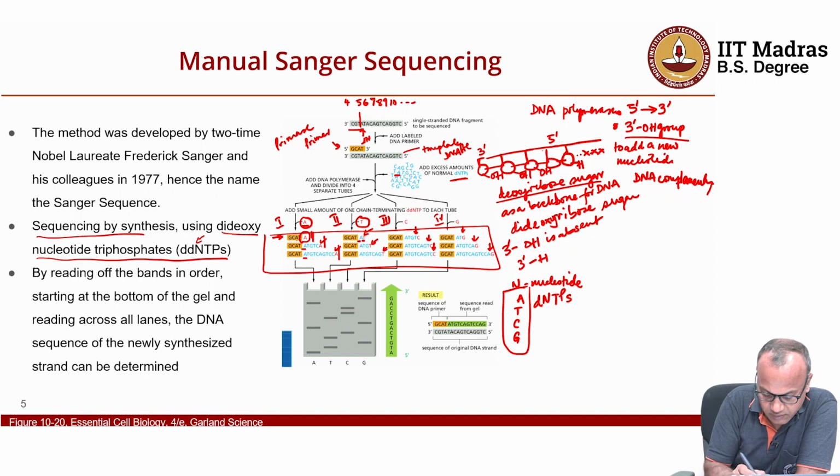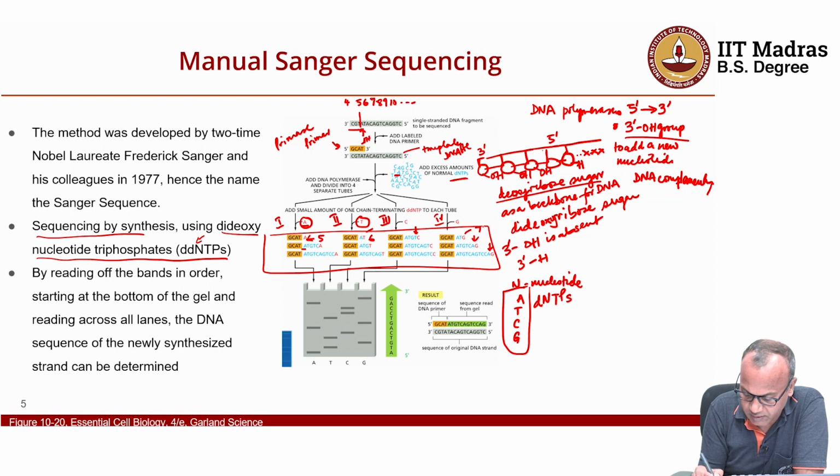So this, if I erase this out, this is the 4, this is the 5th one, 5 bases, this is 6 bases, this is 7 bases, this is 8 bases, this is 9. Similarly other numbers will come. So now when I run this, each reaction goes in a single well